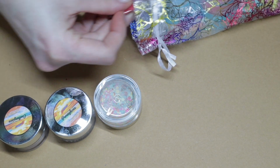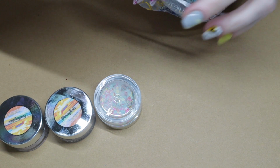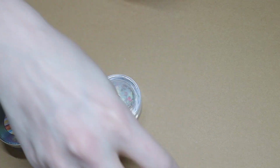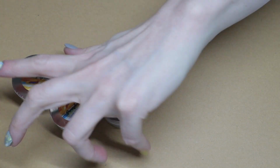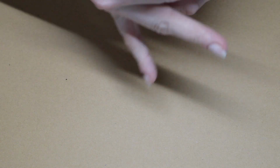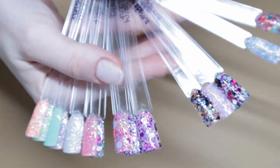I love all the colors that I've gotten from her so far. And it's not that I don't want to use them, it's just I've been so busy with other prior commitments, things that I've agreed to and all that, which I probably should stop. But as you can tell, it's become,